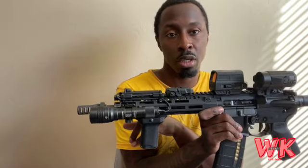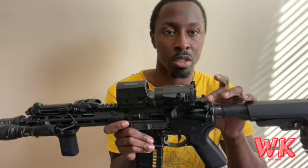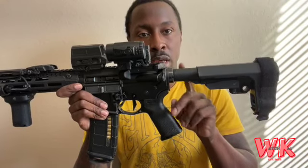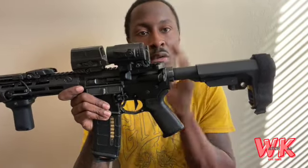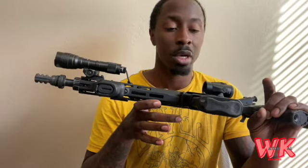But between this rifle speed adjustable gas block and this Silencer Co. charger handle, it cut down on a lot of gas. But the next thing I'm gonna end up doing is throwing an H2 in here, throwing in a heavier buffer to try to slow it down and keep some of that gas out of my face. But yeah, man,